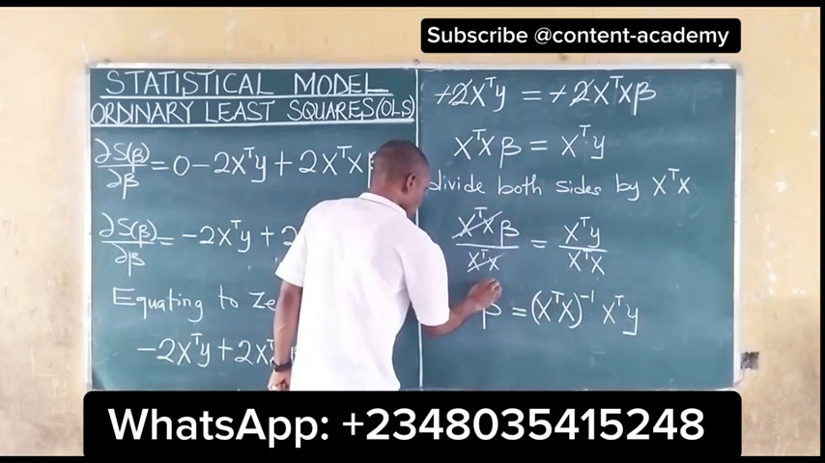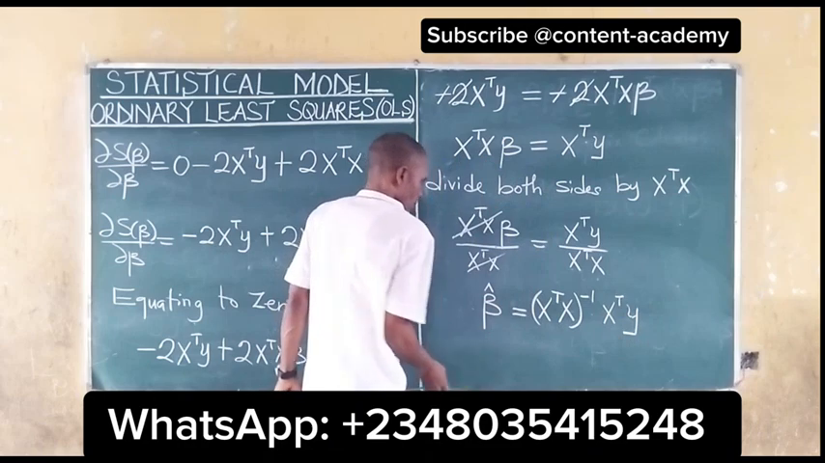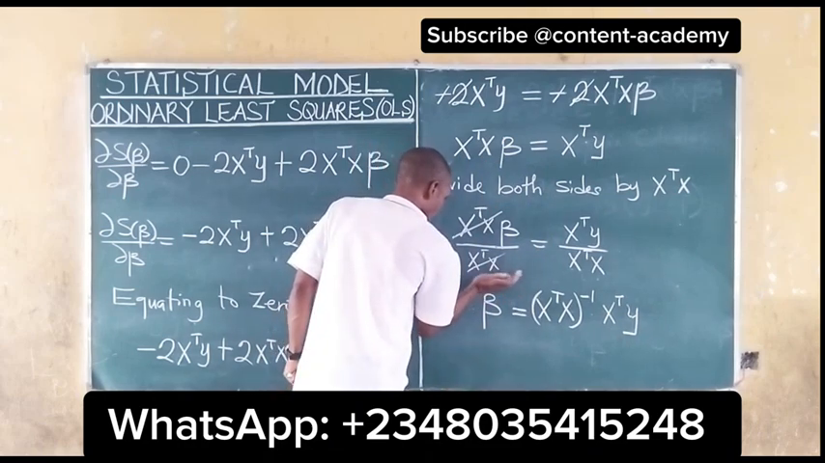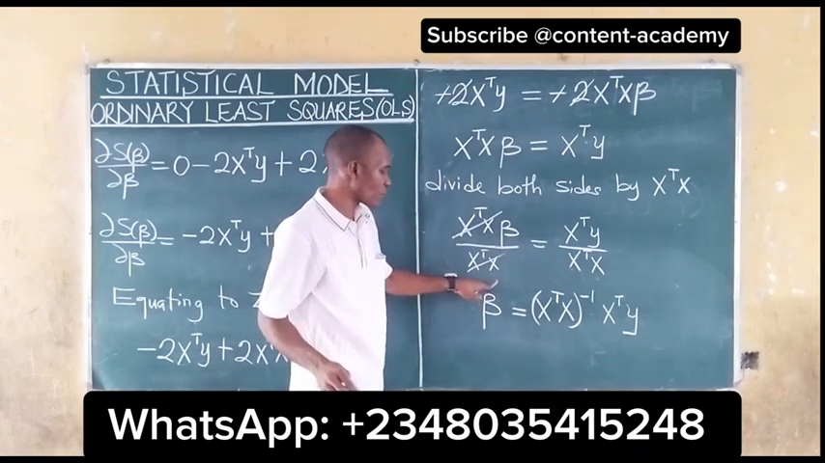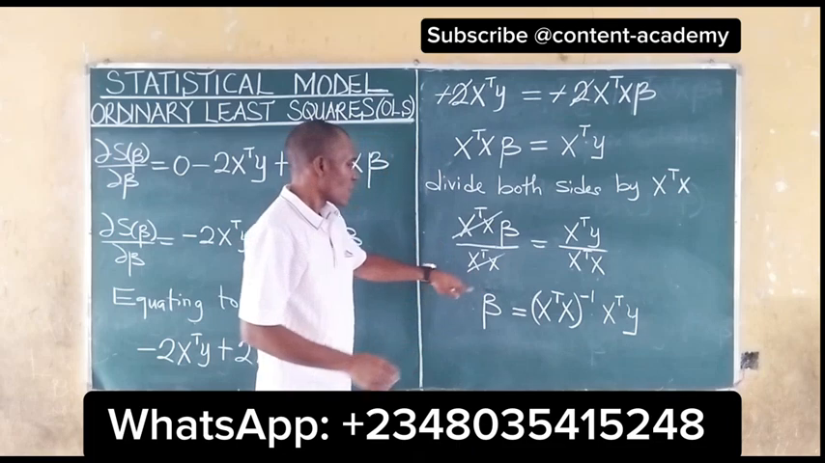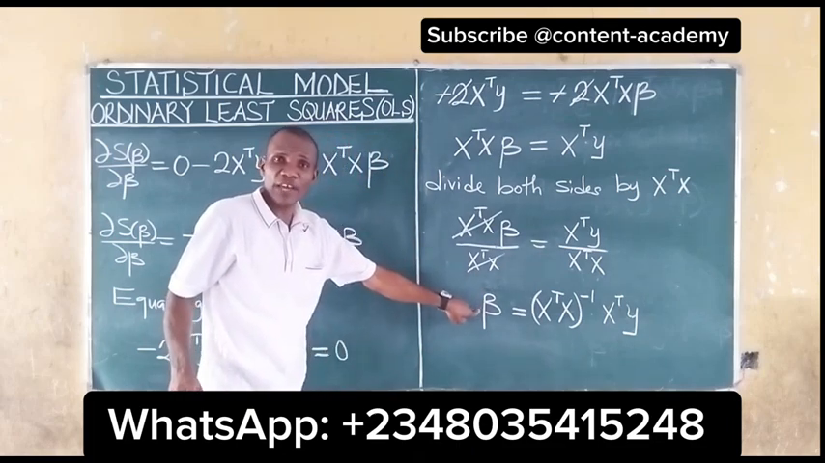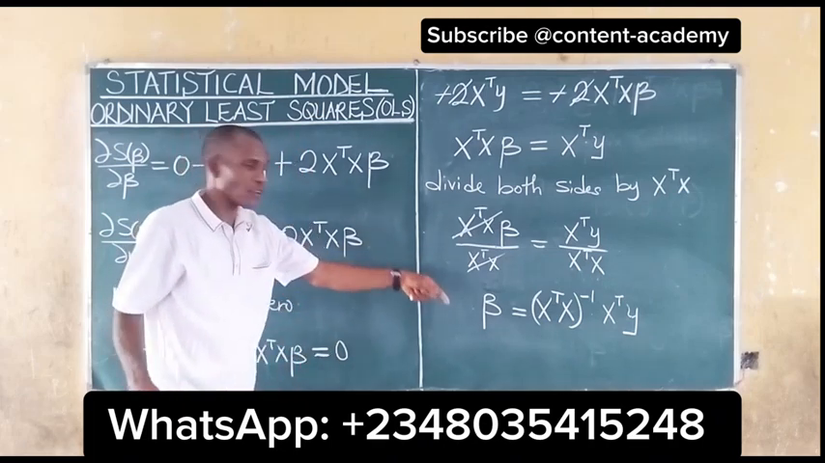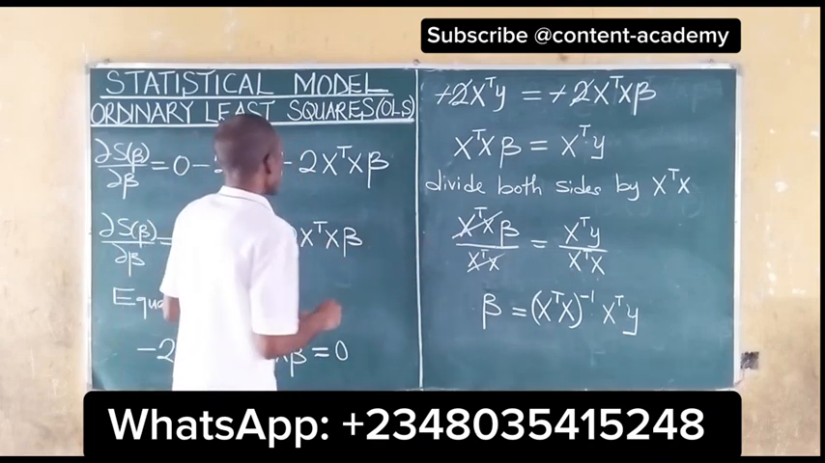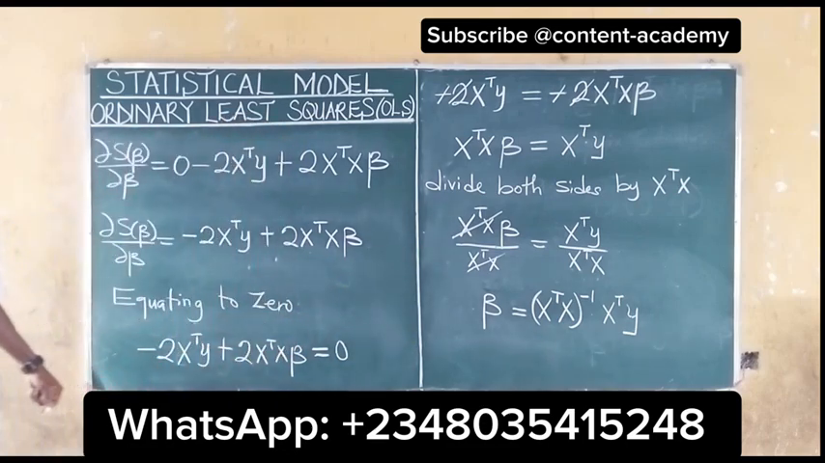So our beta estimate, this is what we got for our b. What is now our beta estimate? Of course, we have succeeded in looking for our b. And this b vector is called the estimate. It is known as the estimate of b. So we can write our b estimate as